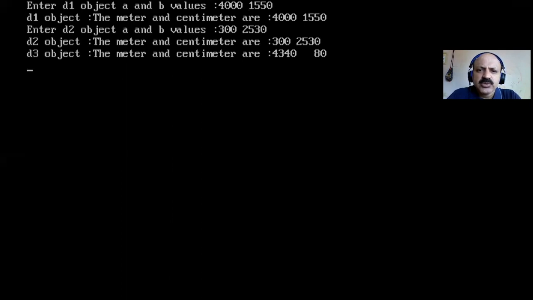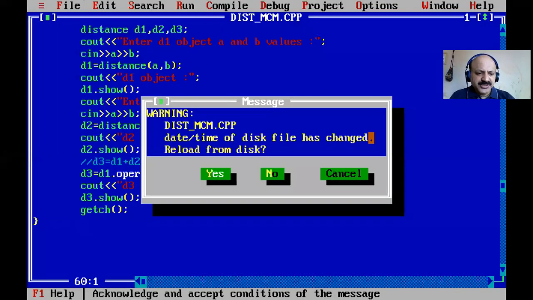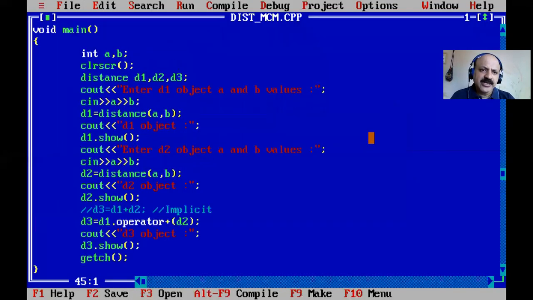Yes, so that is the correct answer. 80 is remaining. All the others are like 1,000, 3,000 and 3, and 4,300. So that is 4,340, that value, and 80 is the remaining value from the modulo operator. So you can calculate it yourself. That is the perfect answer. So one change is required. We cannot get the idea what the AB value is. So we can know, but if any other person passes it.